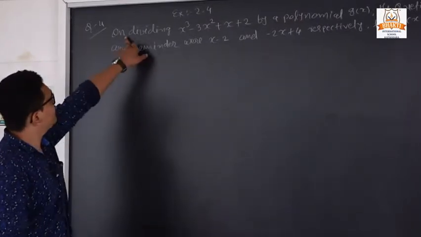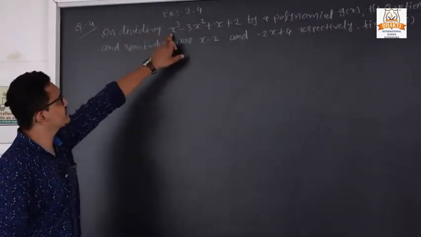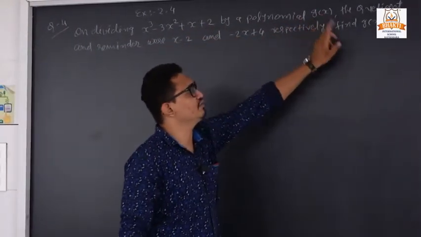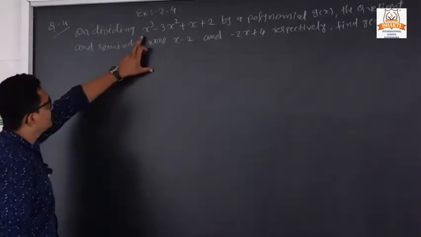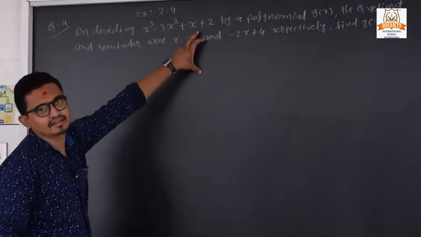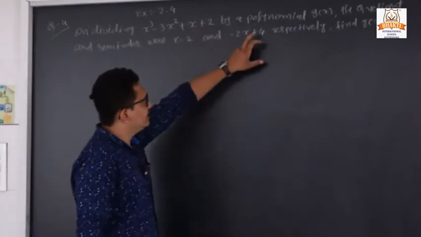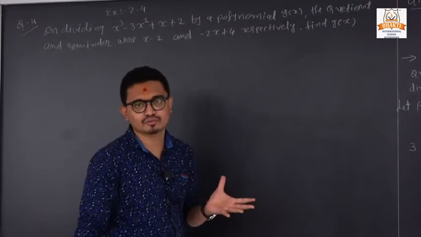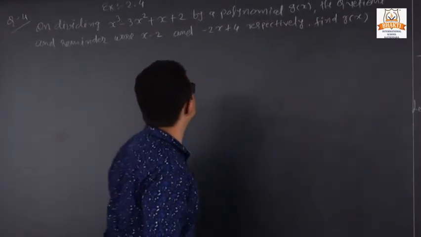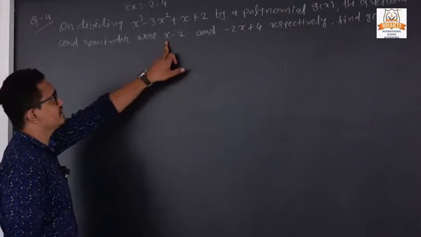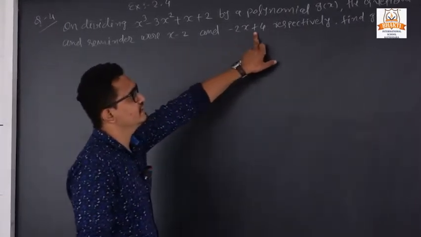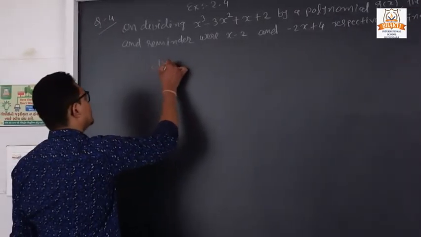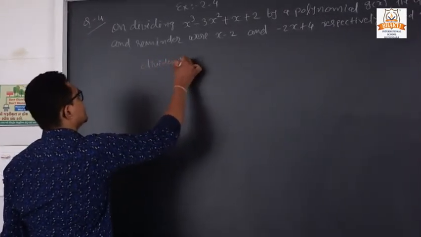In question number 4 they are asking about dividing x cube minus 3x square plus x plus 2 by a polynomial g of x. Means what? The dividend is given, and they are saying that it is divided by some divisor, but the divisor we don't know. And the quotient and the remainder are also given. So it is our quotient and it is our remainder. So what is our formula? The formula is like that: dividend is equal to